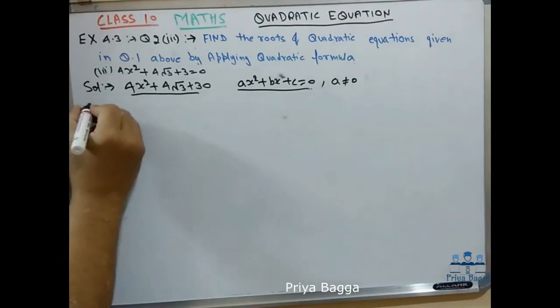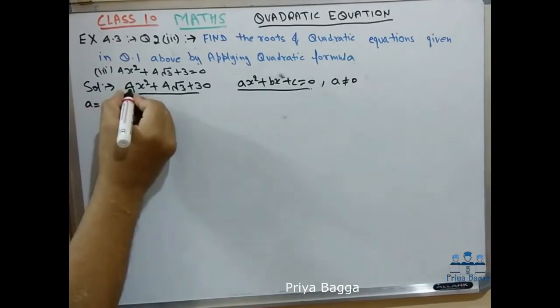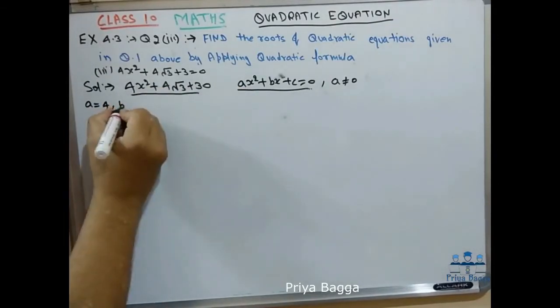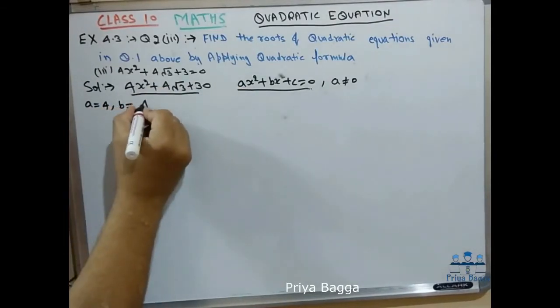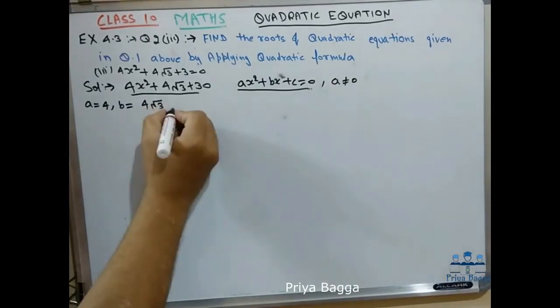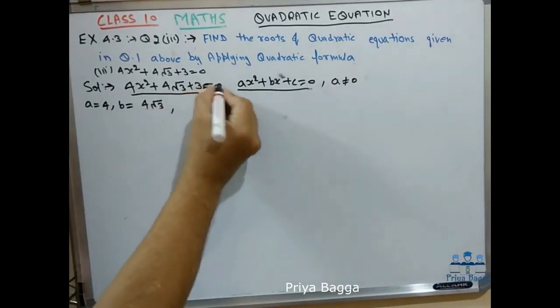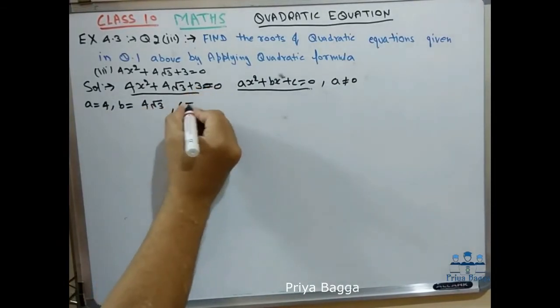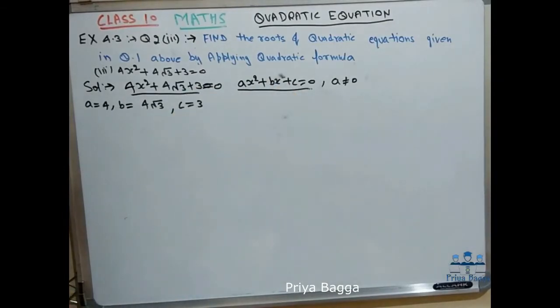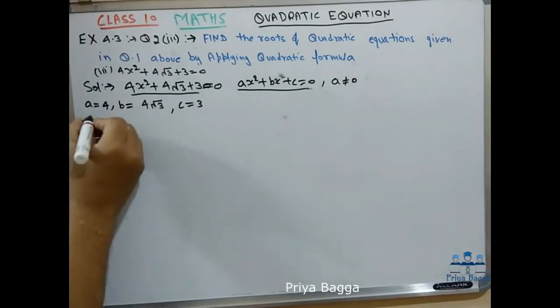You can see that this is a and this is a, so the value of a is 4. The value of b is 4 square root of 3. Actually this is equal to 0. The value of c is equal to 3. You can see here c and c, this is 3. As we have to solve this equation by using the quadratic formula, so we know that by quadratic formula,